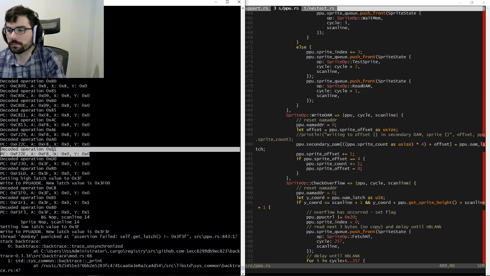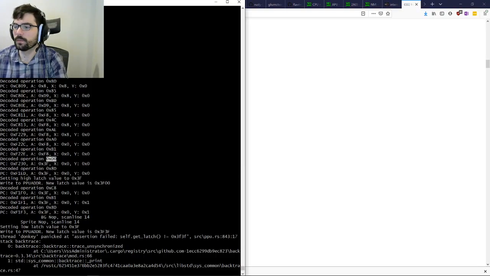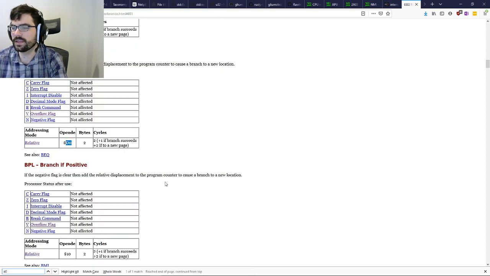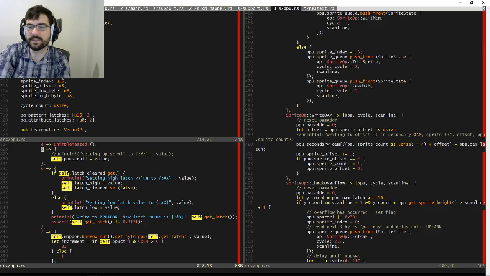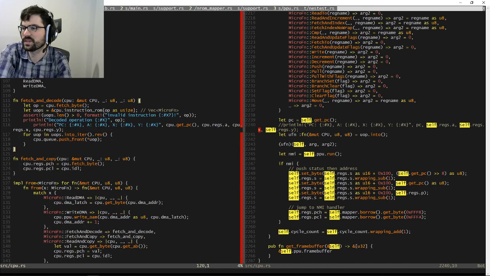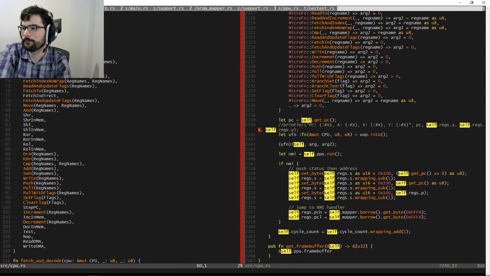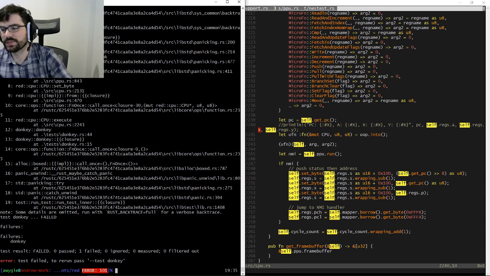So, what is D0? Branch not equal. Do check nest test again to make sure. Well, I know I did have one issue, which nest test did not complain about, but I had a problem where the flags are getting set on instructions that shouldn't be setting the flags. I can't remember which ones, though.